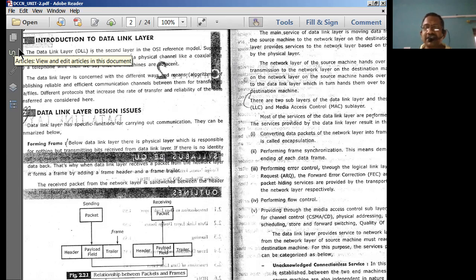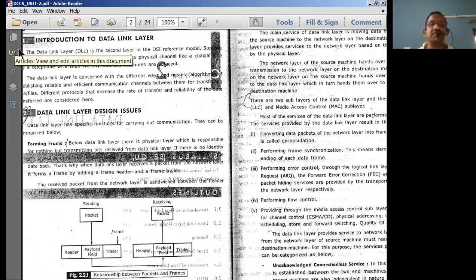So therefore, whenever data is going to be transmitted over very long distances, in order to consider all these various criteria for the data to get transmitted, we're going to have different types of layers. That means every layer is going to address an important issue for data to get communicated from one computer to another computer.